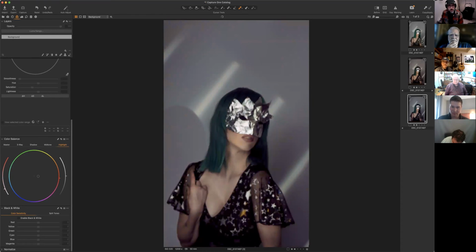Now, this program is extremely sophisticated, and you can do all kinds of crazy stuff with layers and applying a color to a certain area of the image or just to the lightnesses or the darknesses. But I do feel like all of this, I have no idea how to stop sharing. There we go. I feel like all of this is adding up to a quick and easy way to explain